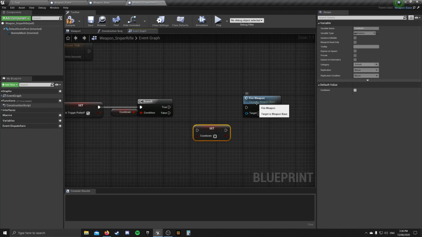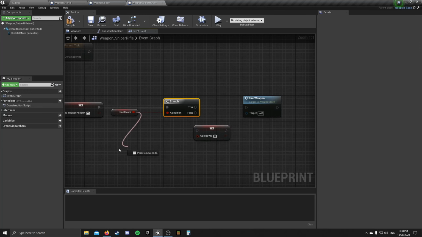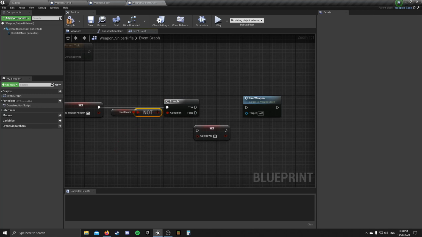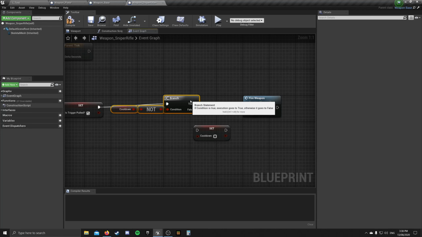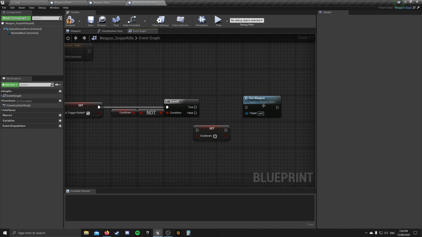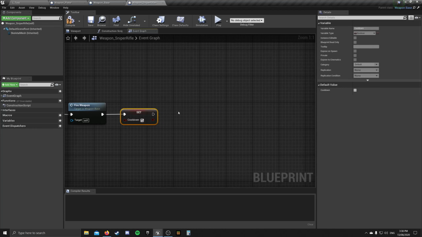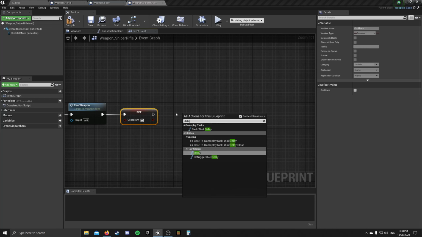If it isn't in cooldown, so not, then we will fire the weapon, set cooldown to true, thus not being able to fire again instantly,